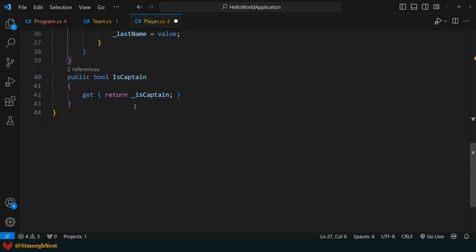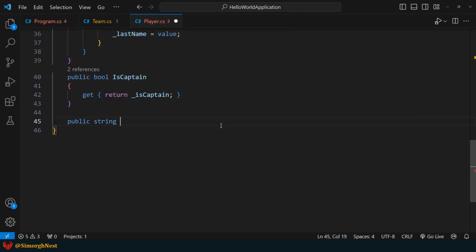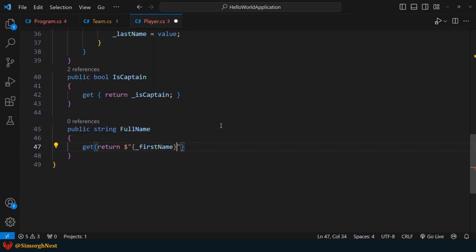Now, let's extend the player class and declare a property that returns the full name by concatenating the first and last name fields. So, let's go for public, string, and FullName. This property only has a get accessor. Inside the accessor block, we return the concatenation of the first name, white space, and the last name.